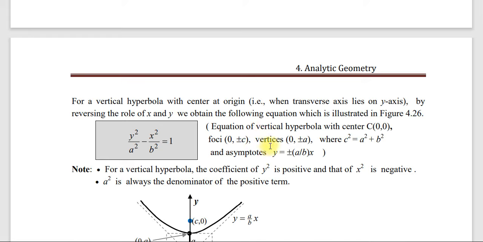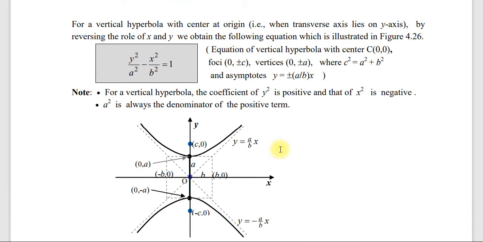አሲምፕቶታችን ደግሞ በቨርቲካል ጊዜ y which is equal to plus or minus a over bx፣ በሆሪዞንታል ጊዜ b over a ነበር፣ በቨርቲካል ጊዜ ደግሞ a over b ተገላበጠ። ቀጥታ ፎርሙላ እንይዛለን፣ ከዛ በኋላ የጠየቀውን መፈለግ ነው። Note for a vertical hyperbola the coefficient of y square is positive and that of x square is negative። አሁን እንደምታዩት የy ኮኤፊሺየንት ፖዚቲቭ ነው፣ የx ግን ኔጌቲቭ ነው። So a square is always a denominator of the positive term።